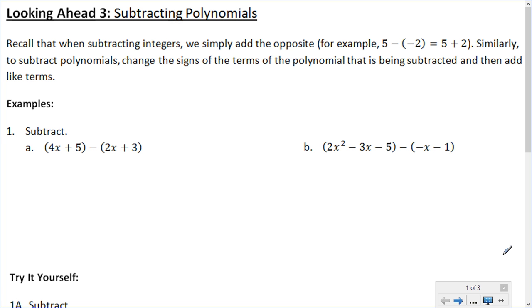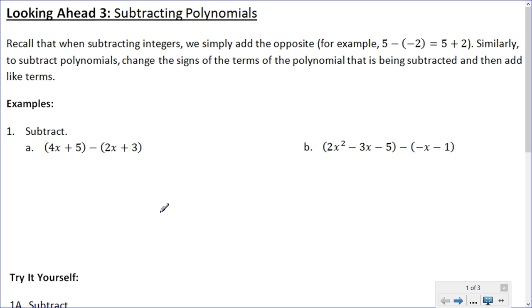This is looking ahead 3, subtracting polynomials. Recall that when subtracting integers, we simply add the opposite. For example, when we wanted to subtract 5 minus negative 2, we changed the subtraction to addition, and we changed the negative 2 to a positive 2. Similarly, to subtract polynomials, change the signs of the terms of the polynomial that is being subtracted, and then add